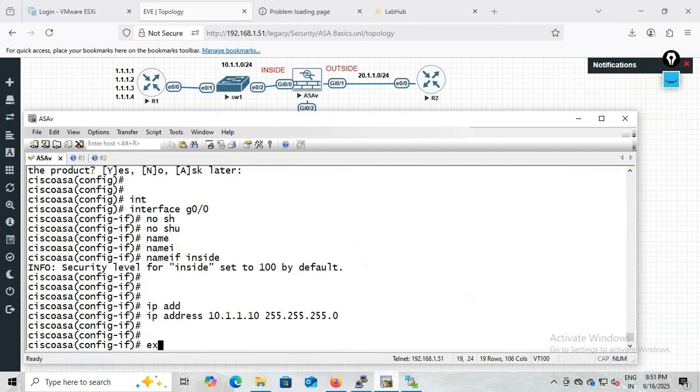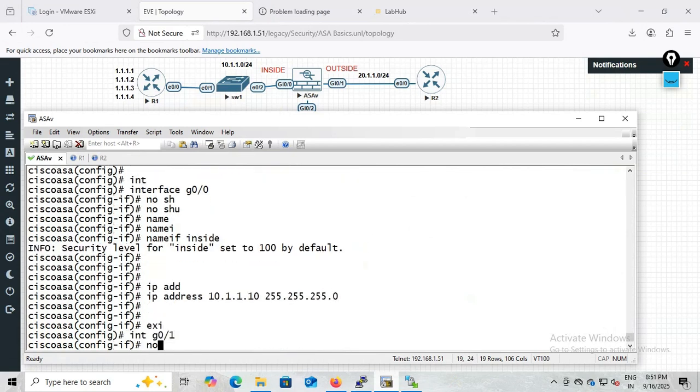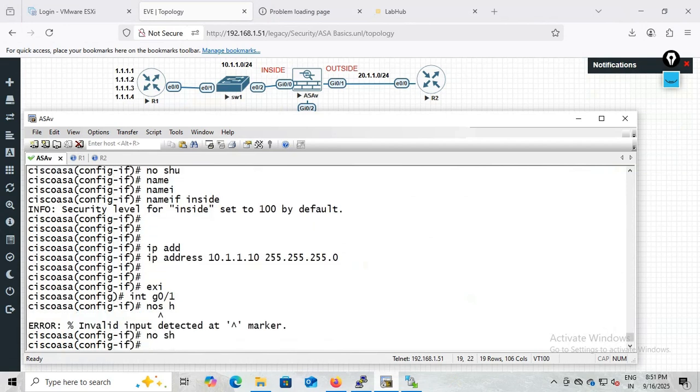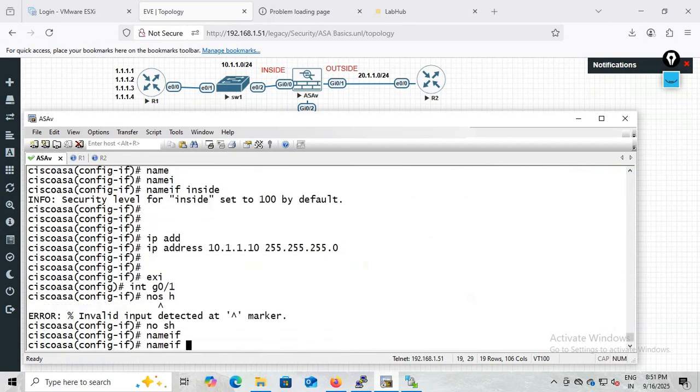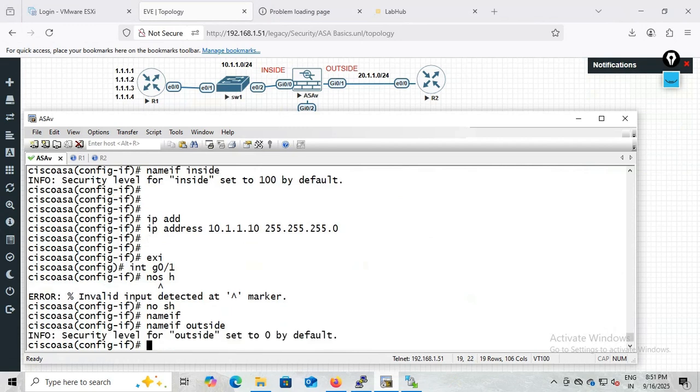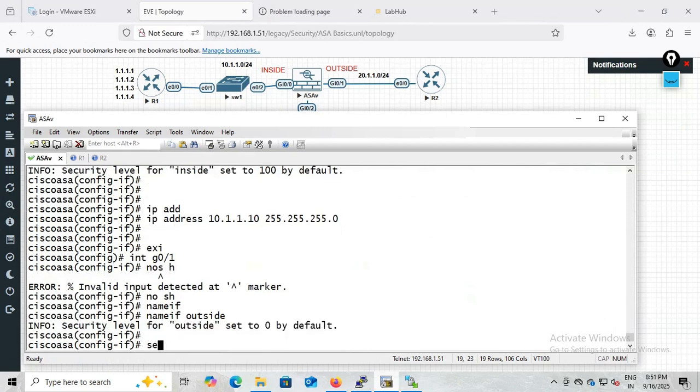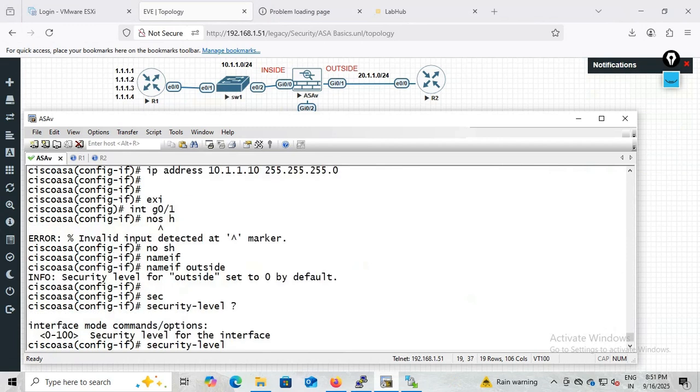10.1.1.10/24. And the next interface is gig 0/1, nameif outside. If you give any interface name except inside, the security level is always 0. You can give it manually with this command if you want, but here we don't need to. IP address,